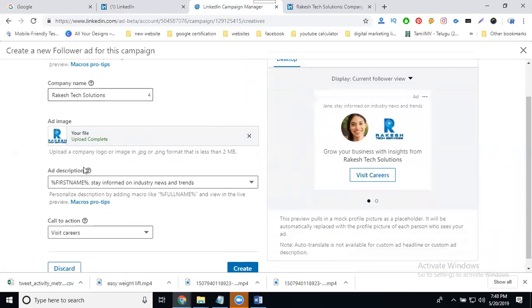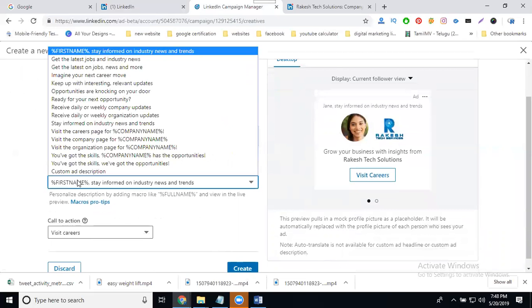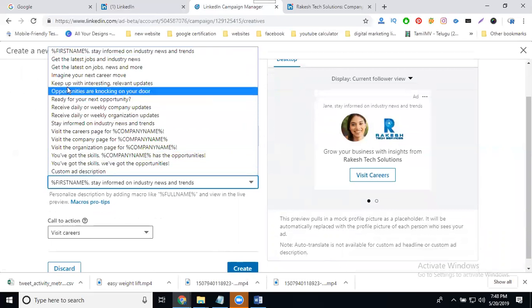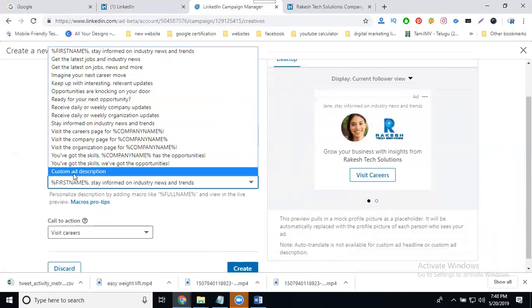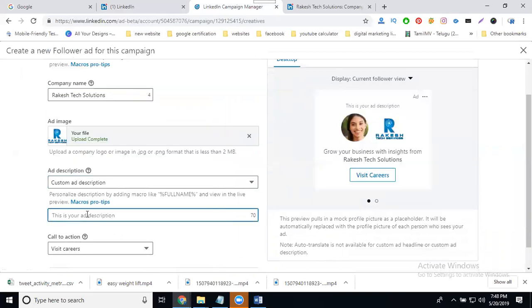The image is completed and the company is done. Then the description. Custom ad description.